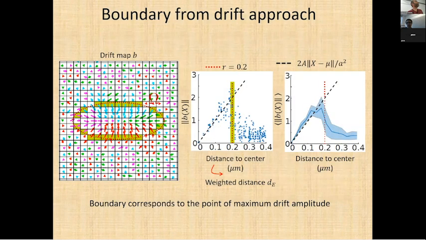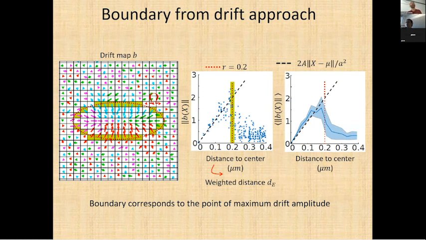Okay, this is too much mathematics. I just give you the flavor of the boundary extracted from the drift. Suppose you have a drift, which is an ensemble of converging arrows. Everything is converging here. Where are you going to find the boundary? Where? Well, if outside this ensemble of converging arrows, you suppose that you have Brownian motion, then the drift should